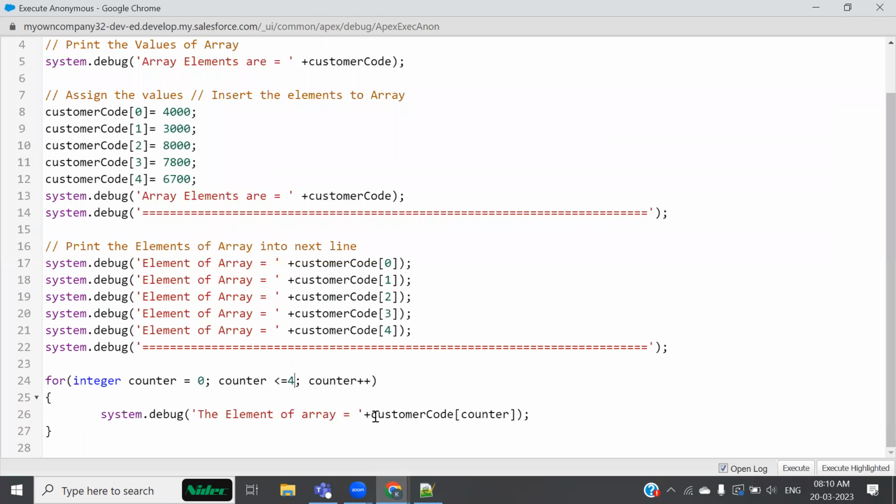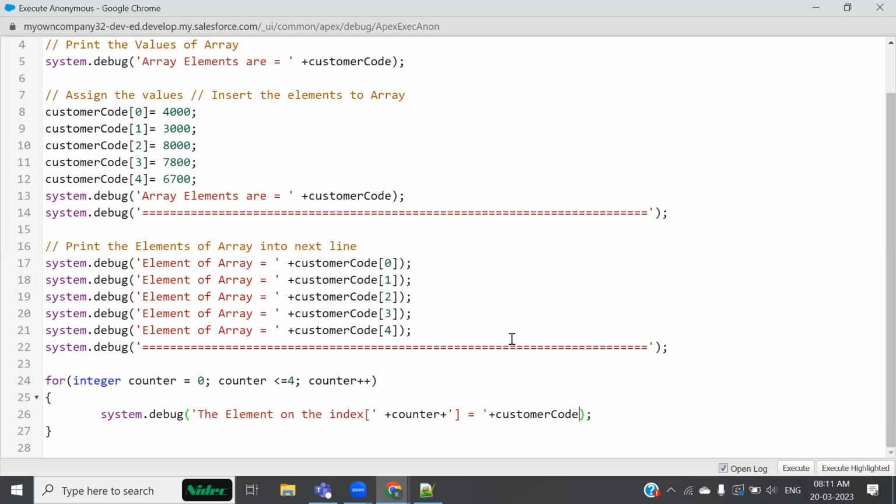I can even modify this a little bit: the element on the position, plus let's give the value of counter, on the position, and the position counter, on the index, plus I wanted to use a string closing bracket,